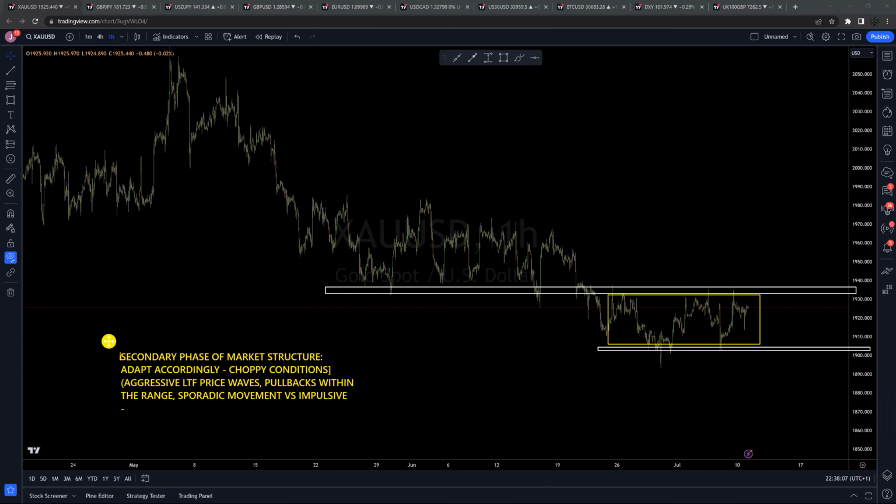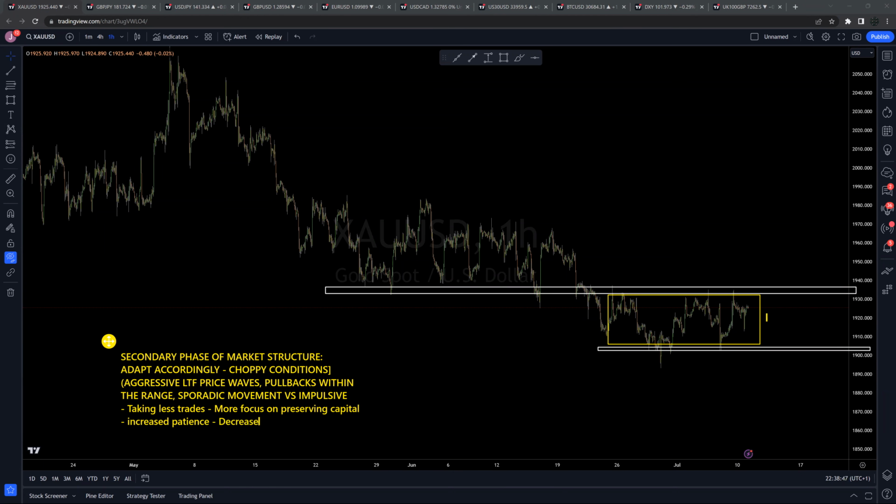It doesn't mean you just know it exists and then, okay, I know these conditions are choppy. It means we actually change some of the normal decisions we would make in impulsive markets, or when you're just having continued movements with trend, or when you're having a break of structure validated by a fundamental reason, right? So in this example, it would be taking less trades, more focus on preserving capital, increased patience, decreased expectations of the overall market.